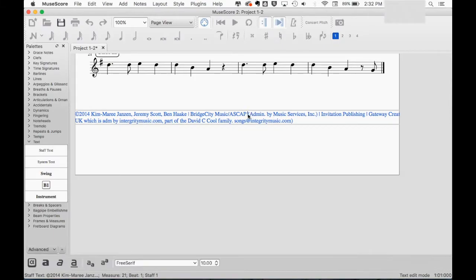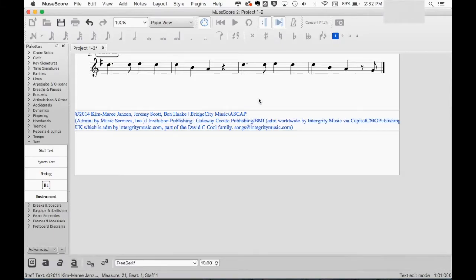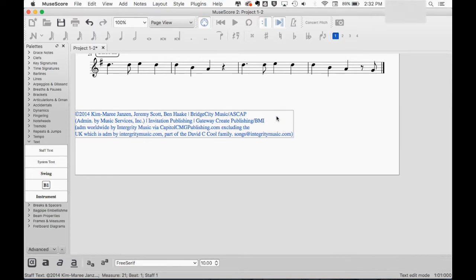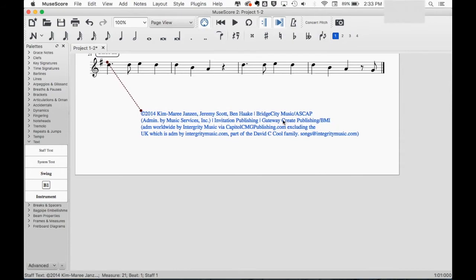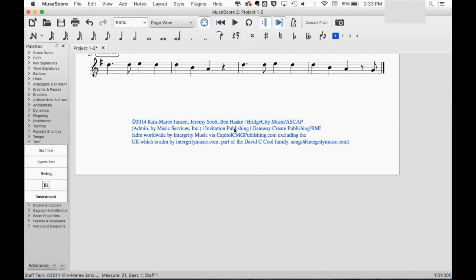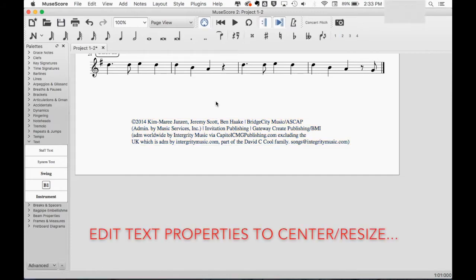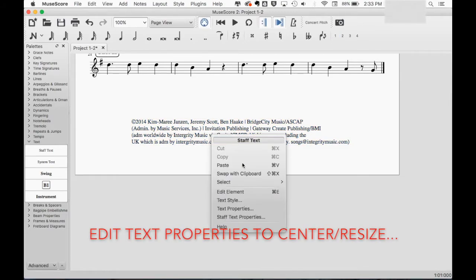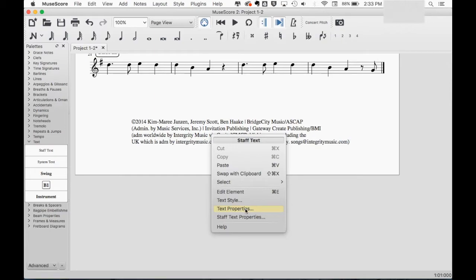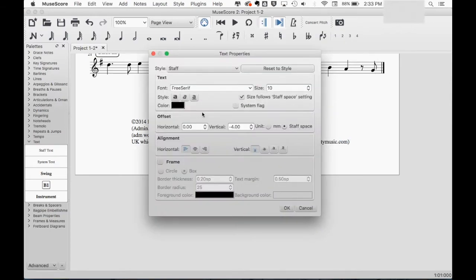You can do that multiple times. As you can see, this is several lines that it will end up with to try to fit it all. And then you can manipulate that text as you would with any other format. So changing the font, changing the size, centering it, kind of making it useful in the format that you need